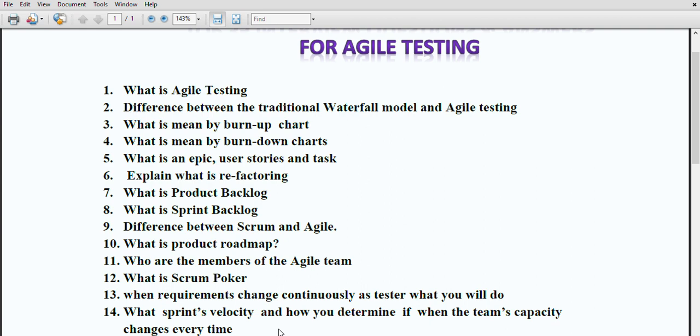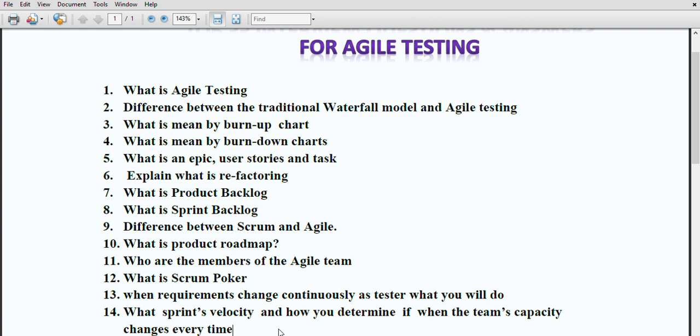According to that, try to write a generic plan or generic test cases for the particular application. Then always understand the scope of change. Whatever requirements are specified by the customer, try to understand the scope and how many modules are going to be impacted, and write the test cases accordingly.